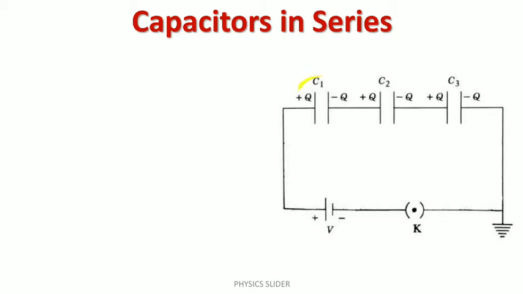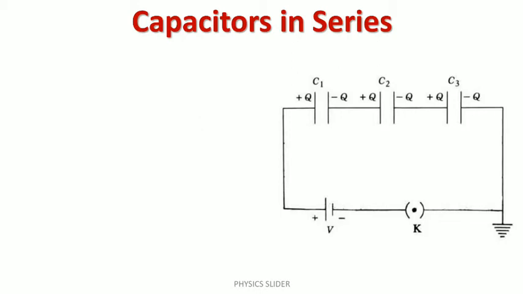The equal and opposite charges are produced in each and every plate of the capacitors. We have provided the potential difference V and closed the key. Then what happens? This plate gets positive Q charge and this negative Q charge. Due to this negative Q charge, this gets positive Q charge and this gets negative Q charge. Due to this negative Q charge, this gets positively charged and this gets negative Q charge. And the excess of the charge gets grounded. Okay, so now each and every plate of the capacitors has equal and opposite charges, plus Q and minus Q,